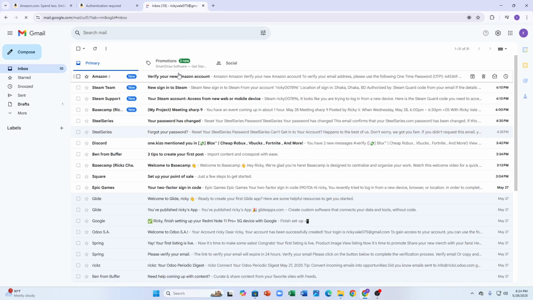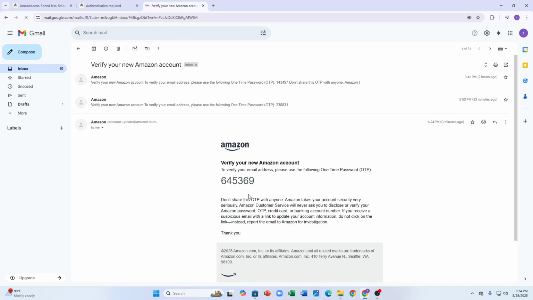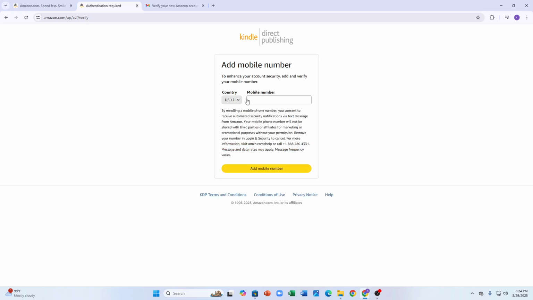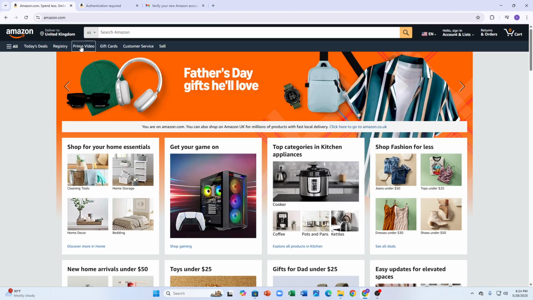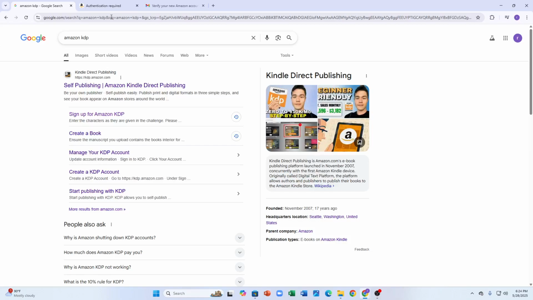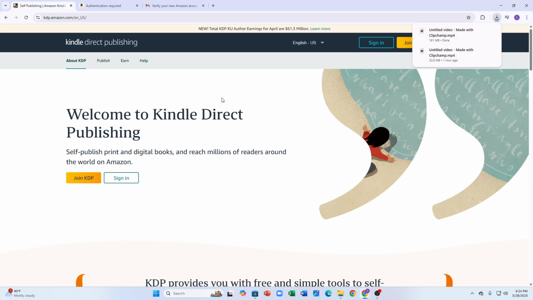You just have to go to your email and give the code to them, and after that you just have to add a mobile number here, and after giving a mobile number you are good to go, and you will be already redirected to your Amazon KDP account, and then you can publish or do the stuff it can be possible to do with an